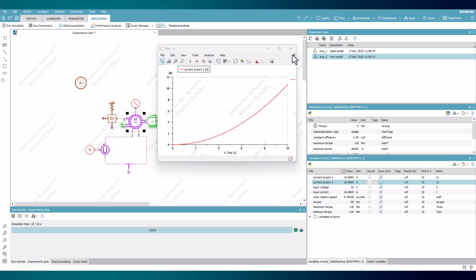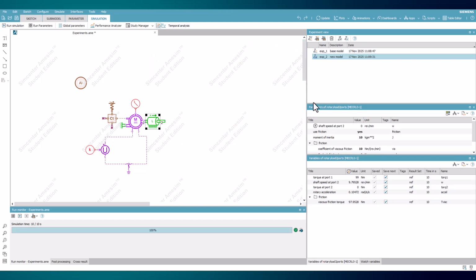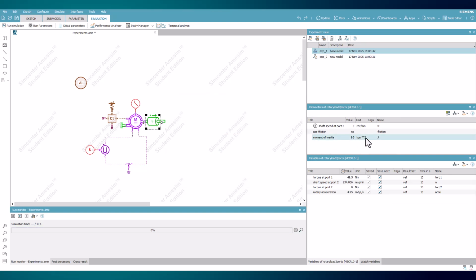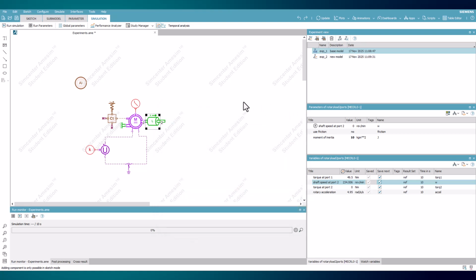When applying parameters, the model saved for experiment 1 is not overwritten and can be reopened to reset its parameters and simulation results. And with that covers the basic operations within the experiments feature, showing how experiments are an excellent way to quickly work within and compare varying parameters across multiple components of a model to determine their effects on the system. For further information, the help documentation on experiments can be easily accessed within the window.